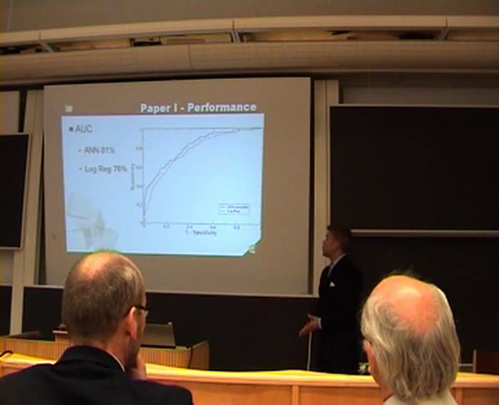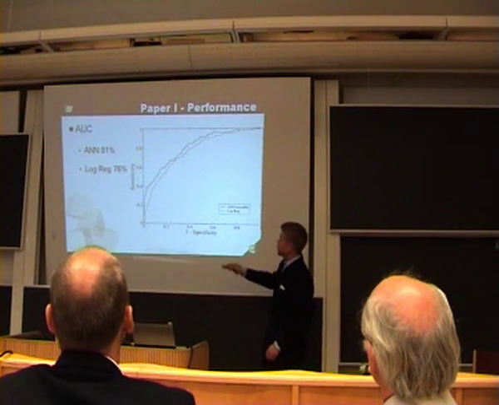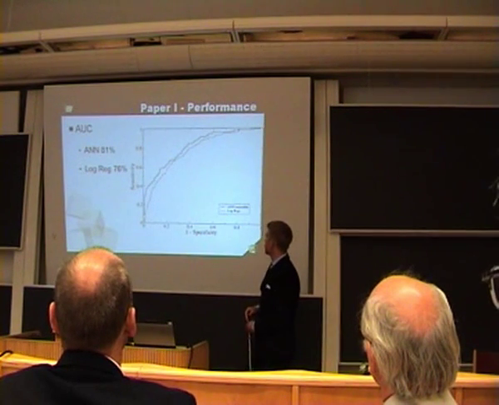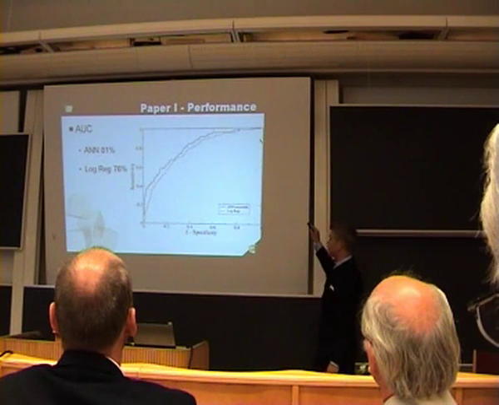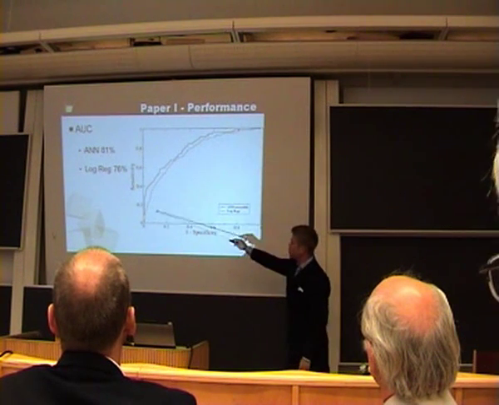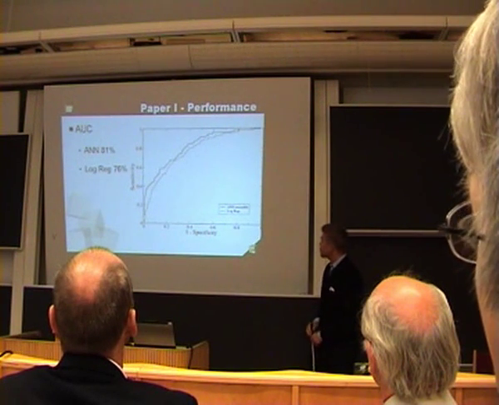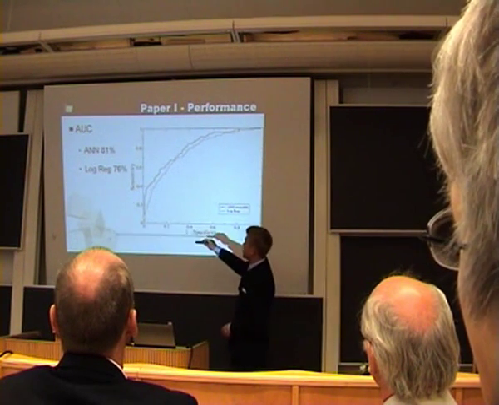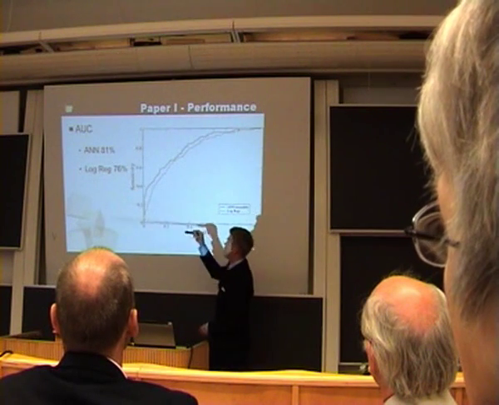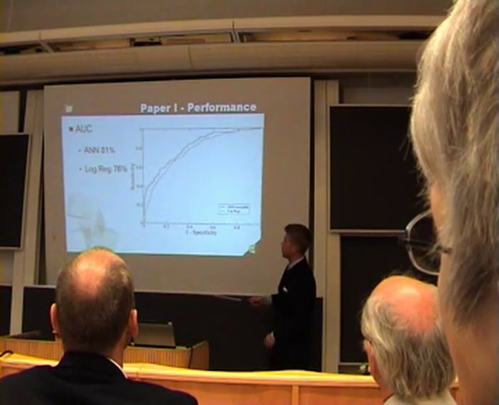So this is the result from paper 1. We had an artificial neural network as well as a logistic regression model. And this is the receiver operating characteristic curve. And the area under these curves is the measure I explained with the red guys and blue guys. And as you can see here, the artificial neural network ends up at 81% of the area under the ROC curve. Meanwhile, the logistic regression ends up at